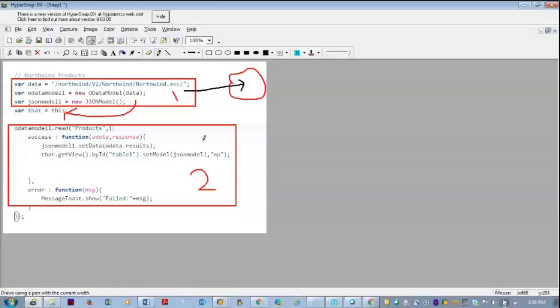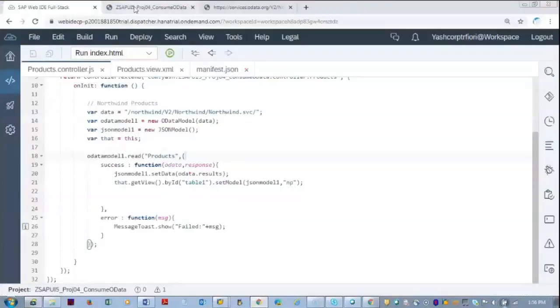Now when there is a second request, when it enters into this read of that entity sets and the success function, another request goes to the backend to fetch the OData or the values. At that time, it has only one memory, it will forget all the things whatever it has stored. So we are storing all the variables into a temporary variable, that, and we are trying to access, use or bind the data to the controls using that inside the success function. So let me show how it is happening here.